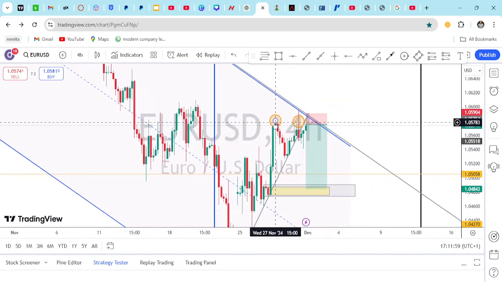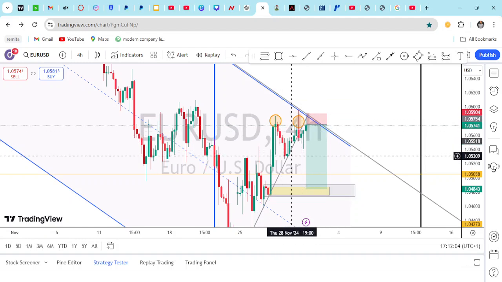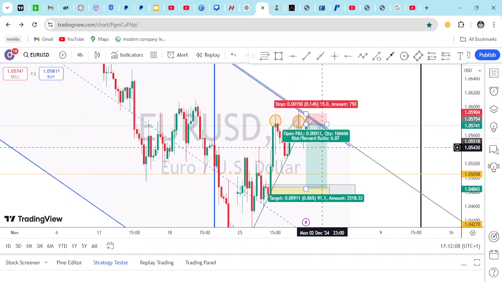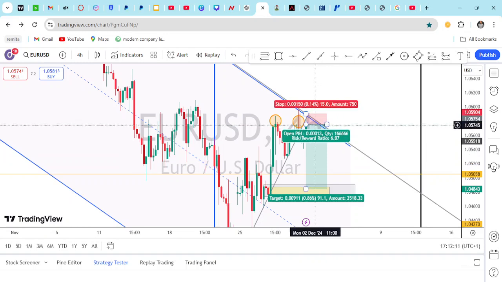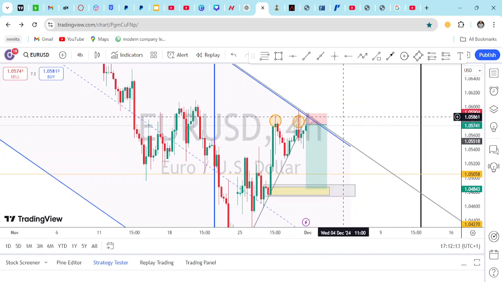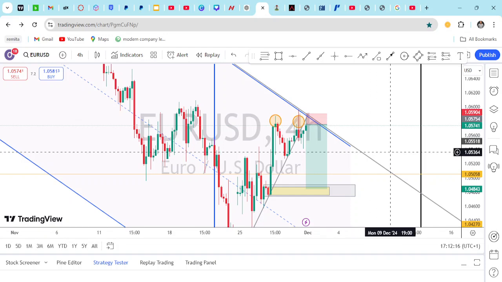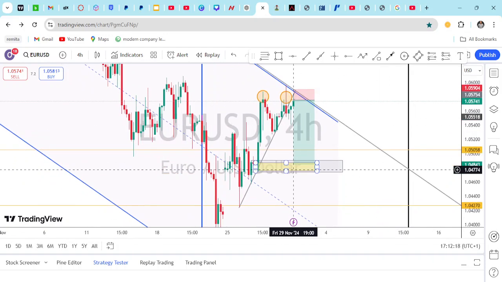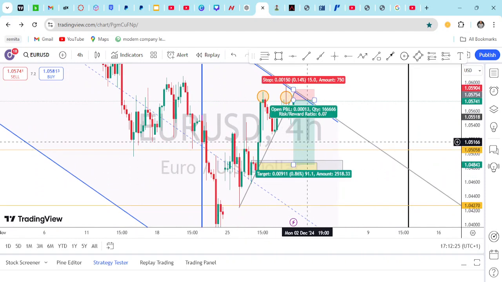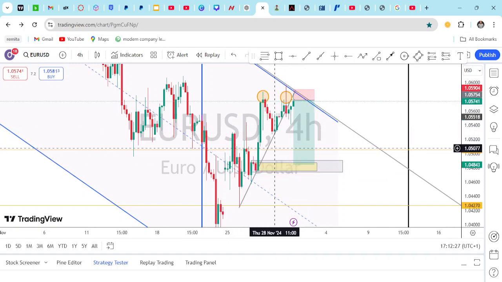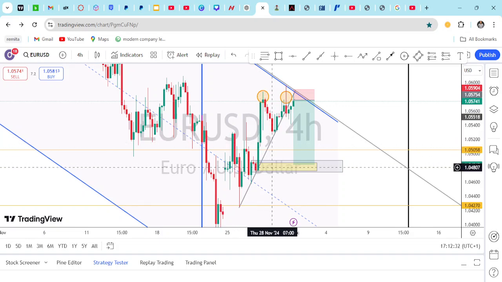And then if you know how to trade the double top pattern, it's expected that at the break of this neckline, you can take a trade and place your stop loss above this. But then we have already spotted this out here. Using the smart money movement, this is an order block. So expectedly, we're expecting this market to fill this imbalance. There is an imbalance here. This is an area of imbalance.